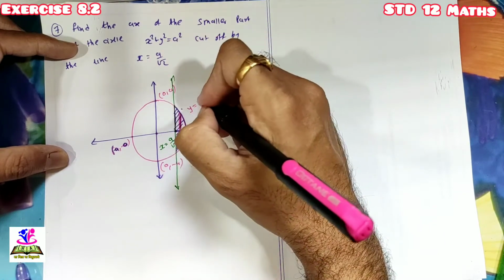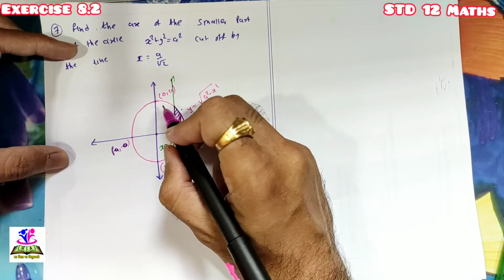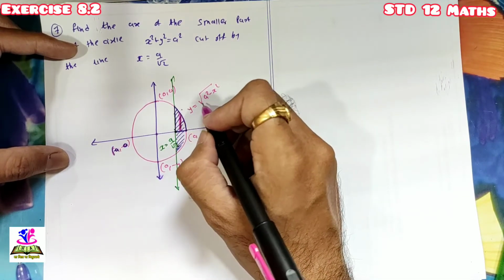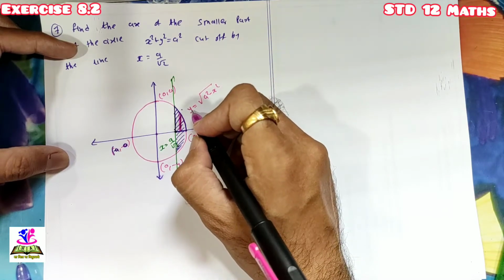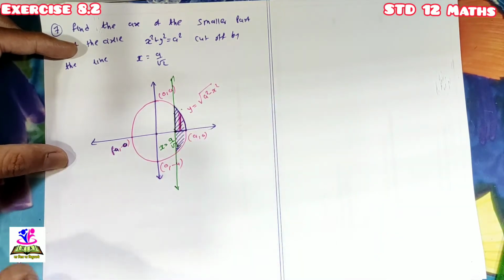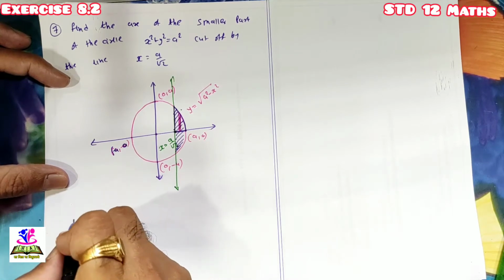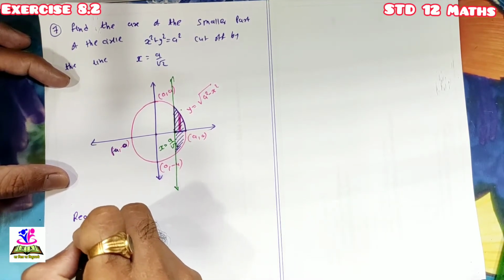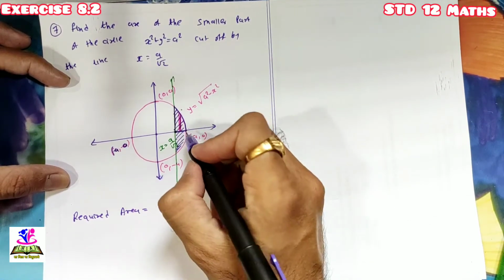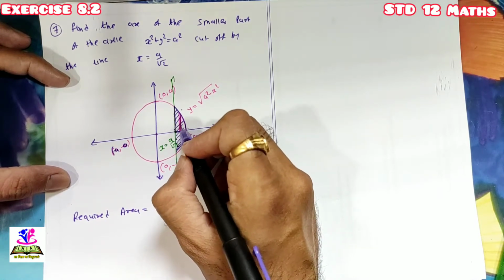y is square root of a square minus x square. It will be plus or minus, but here we will consider the first quadrant, and for the first quadrant our y is positive, and that's why we are considering the plus sign. So y equal to square root of a square minus x square. What is the formula of the required area? Our required area is twice of this area, because it is symmetrical about the x-axis. We are finding this much area, so it will be double of this area.